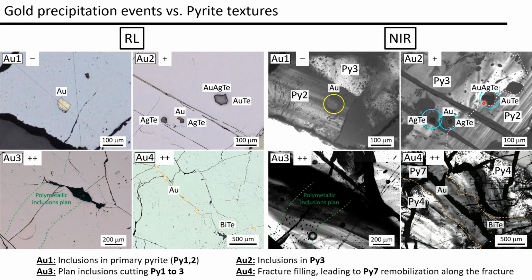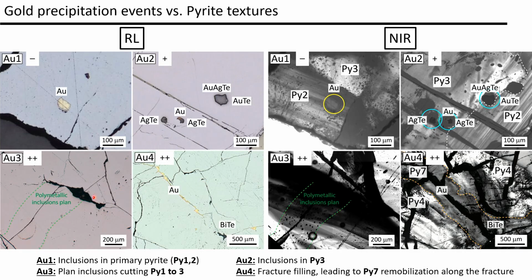It's also interesting to note that these gold 2 inclusions are mainly concentrated at the border between the Pyrite 3 and 2,